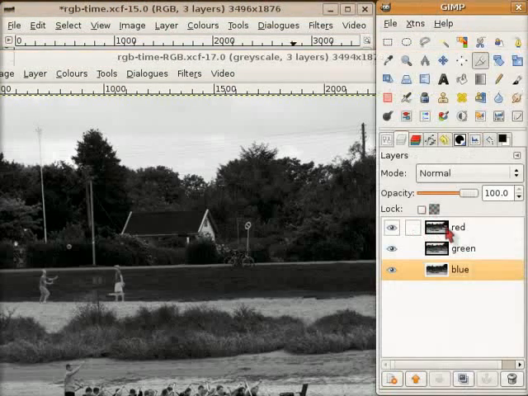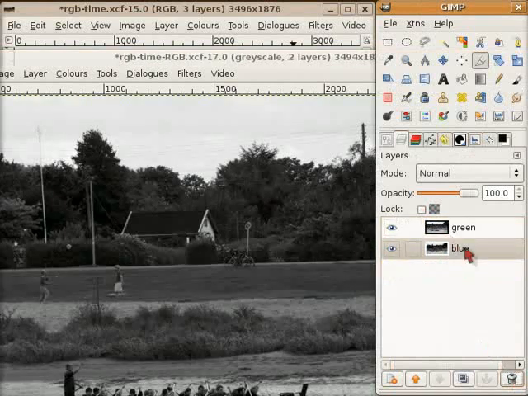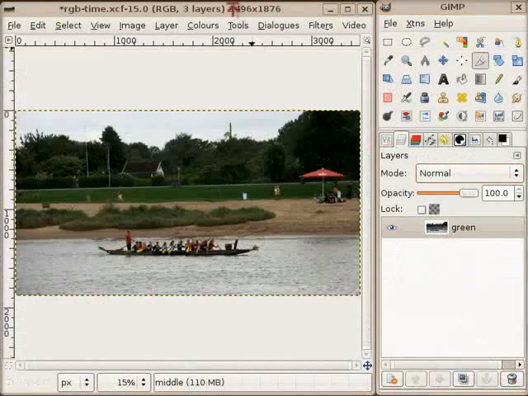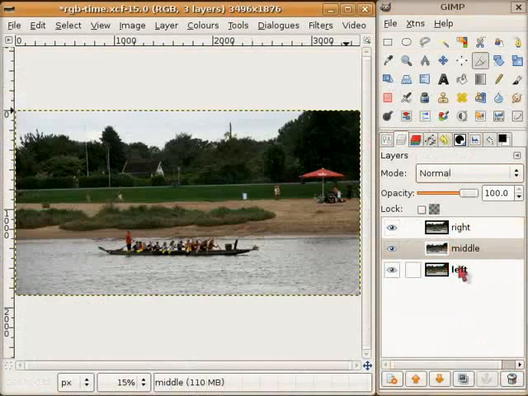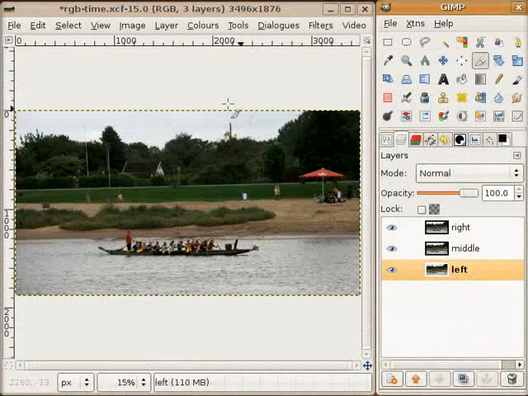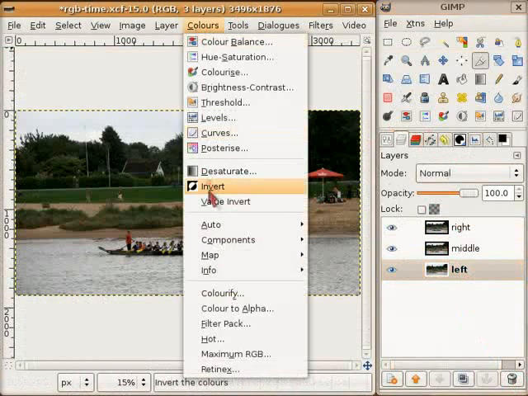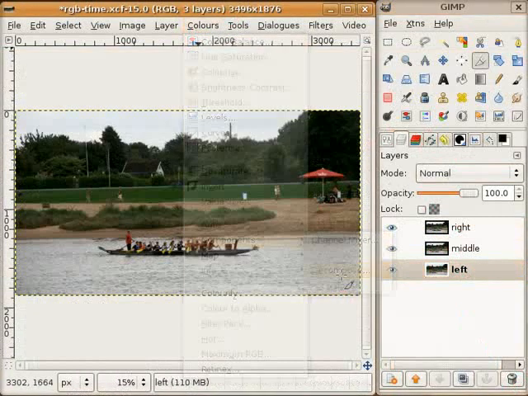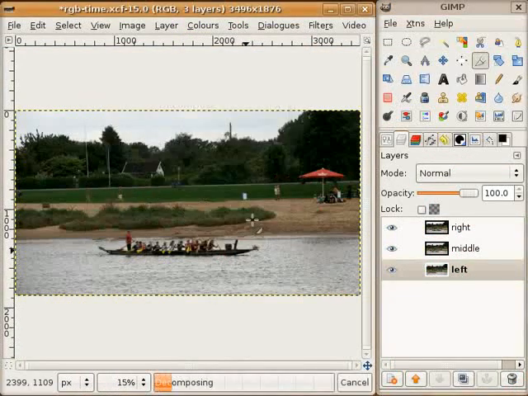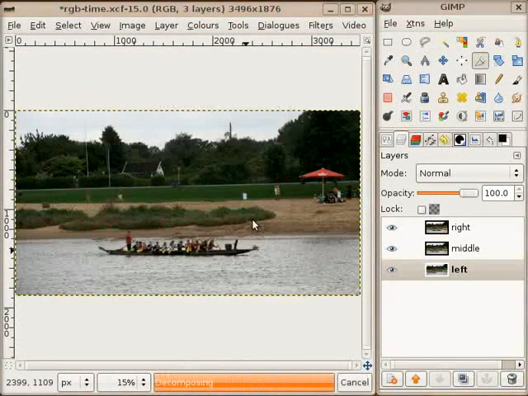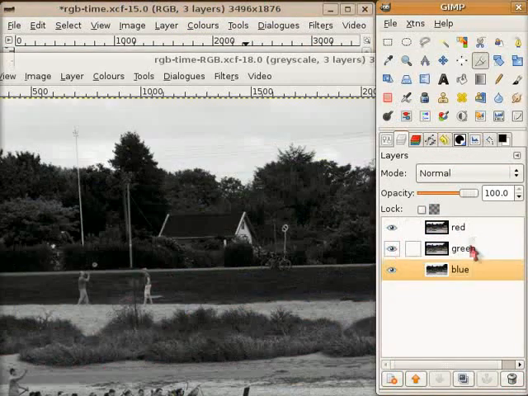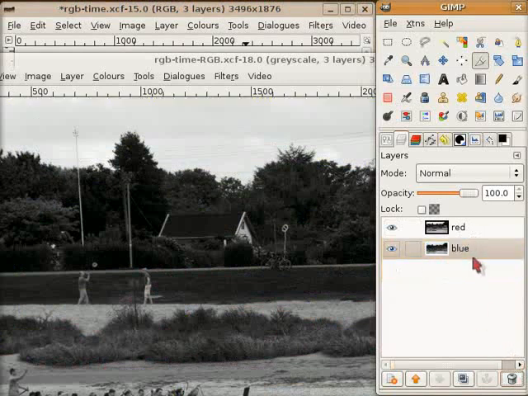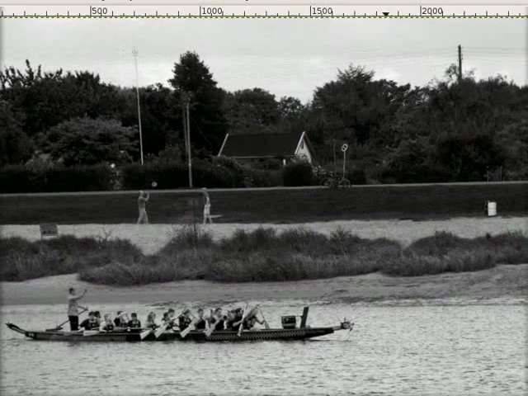And this time I am saving the green layer. And for the third one, I'll do the same for the left one. Colors, components, decompose. And here I keep the red one. And now I simply go to